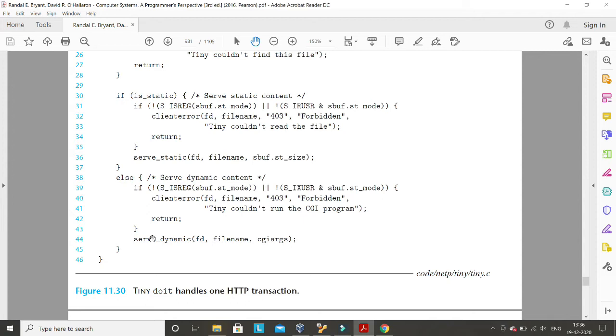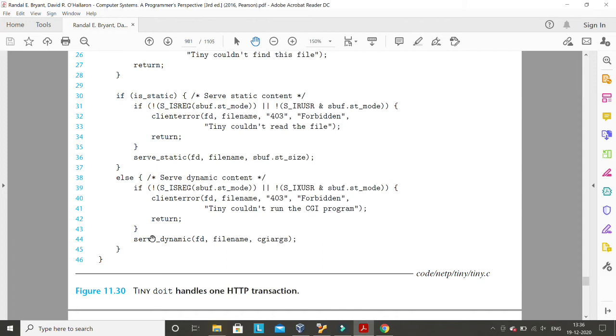So for example, if it's a PHP file, and you know the syntax of a PHP file, you know that this PHP file is actually embedded within an HTML file. Anything you write inside a block of PHP is dynamic content, right? Other parts are static content. So it depends on the server how it interprets whether this request is a static request or a dynamic request.